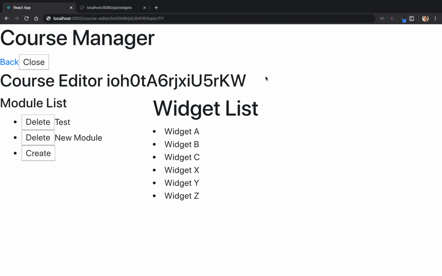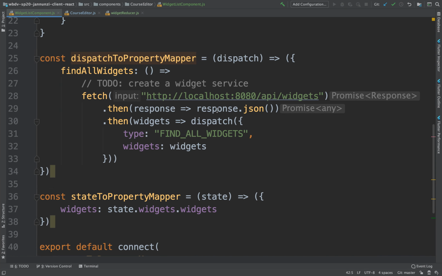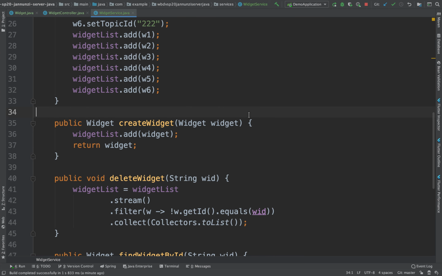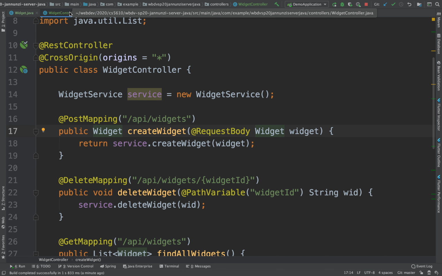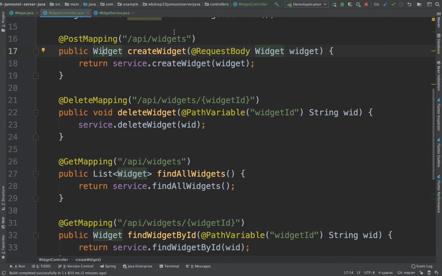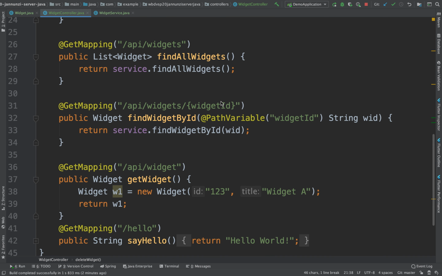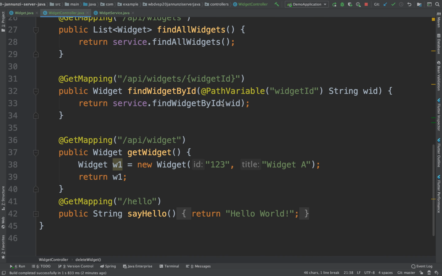Instead, we want to show widgets for different topics. So for that, on the front end and the back end, we're going to need a way of fetching only those widgets for those topics. Meaning we want to establish a relationship between the widgets and their parent topic. Right. So right now we have creating a widget, deleting a particular widget, and whatnot. To establish the relationship between the two,